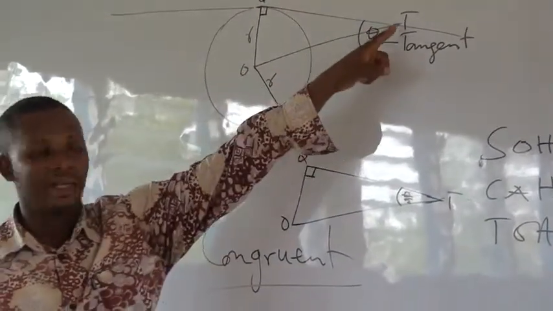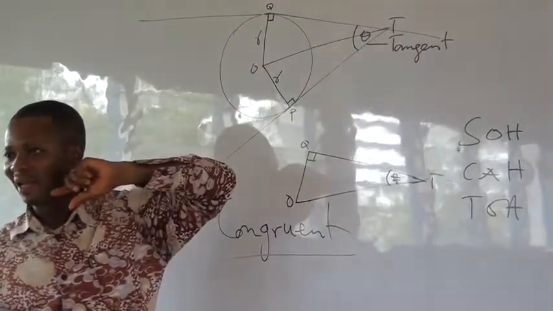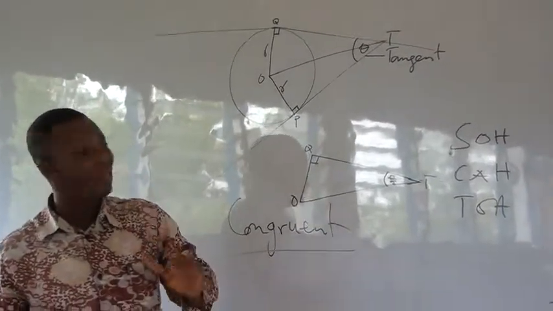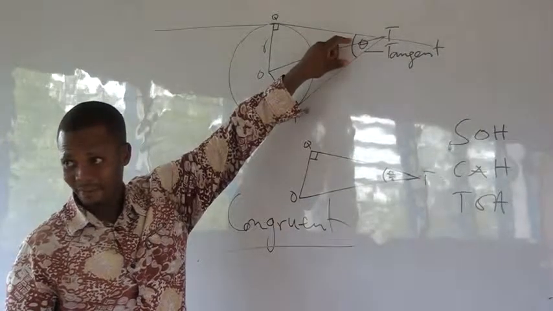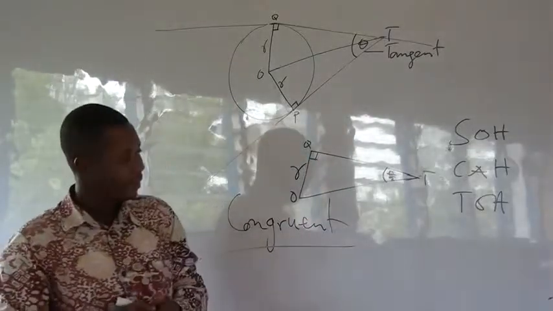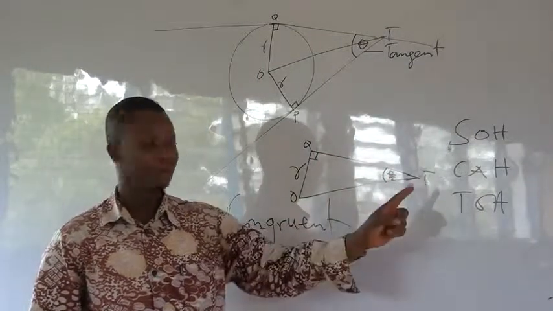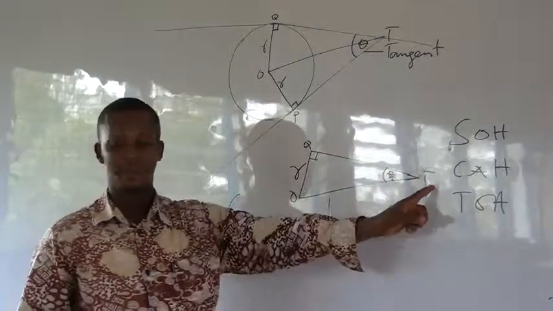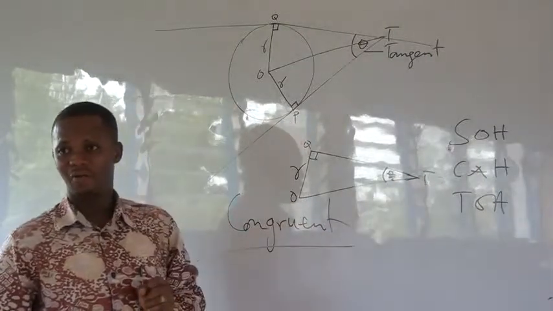The line joining the point T to the center will exactly bisect that angle, because the right-angle triangles are congruent. And if it exactly bisects the angle, then it means that one of them will be exactly half of theta. If that angle is known, and you know this radius r, the length of the tangent, which is TQ or QT, or the distance between the center and the point T, which becomes the hypotenuse of the triangle,